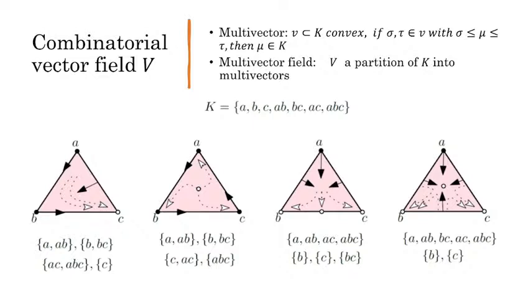Here is another example. On the same simplicial complex I have another vector field, but this vector field has only 3 vectors. One is a very large vector with everything else, and then B and C. Without these 2 vertices, everything else is another vector. So that will signify that actually this will be critical. All the flows are coming to B, coming to C, and also something is coming here. So this one is now acting as a saddle.